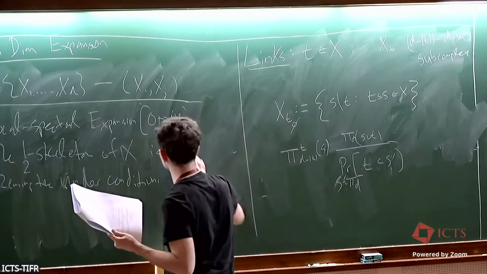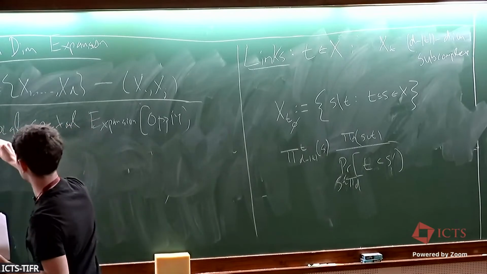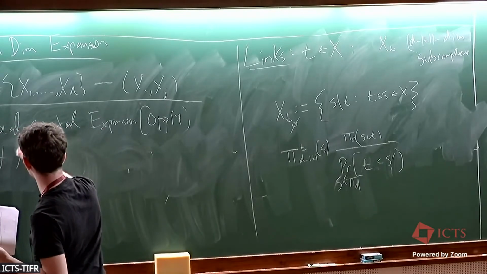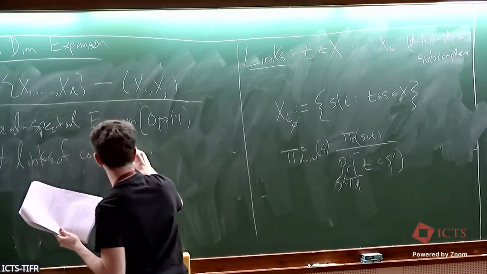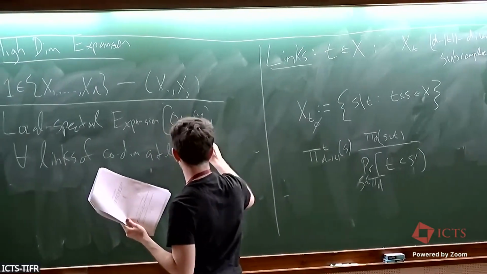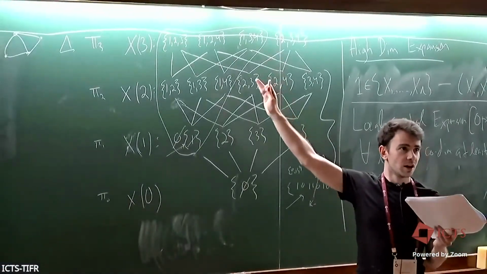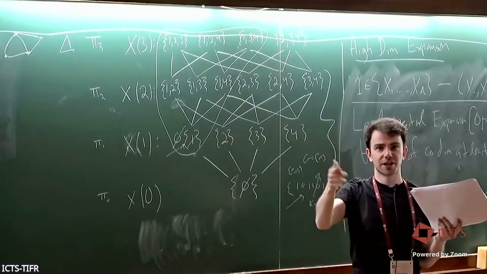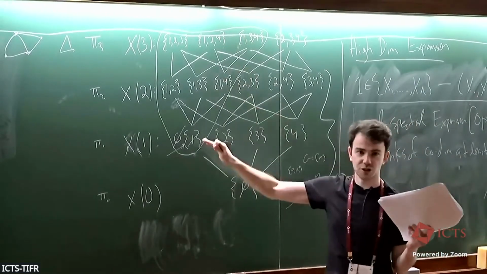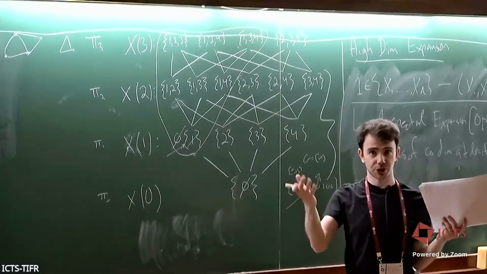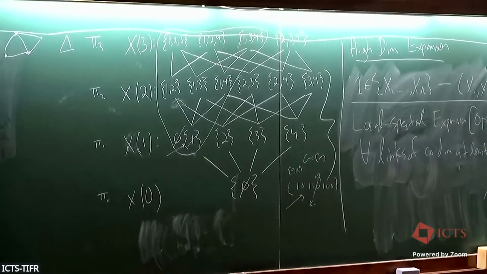So we'll rewrite this as maybe for all links of codimension at least 2. What do I mean by codimension at least 2? If I fix something in the top level or one level below, I'm left with a 0 or 1-dimensional object, right? There are no edges, so it doesn't make sense to talk about expansion of this object. As soon as I go at least 2 levels down, I have a non-degenerate simplicial complex, and I can talk about its expansion. So for every link that is non-degenerate, that's a codimension at least 2,